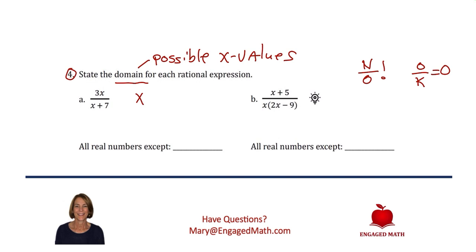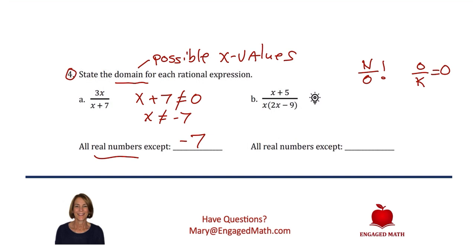So if you want, you can either look at it and think about it, but one thing I like to do is to actually write it out and say x plus 7 can't be equal to 0, which means x can't be equal to -7. So the domain is every real number except -7. Okay,